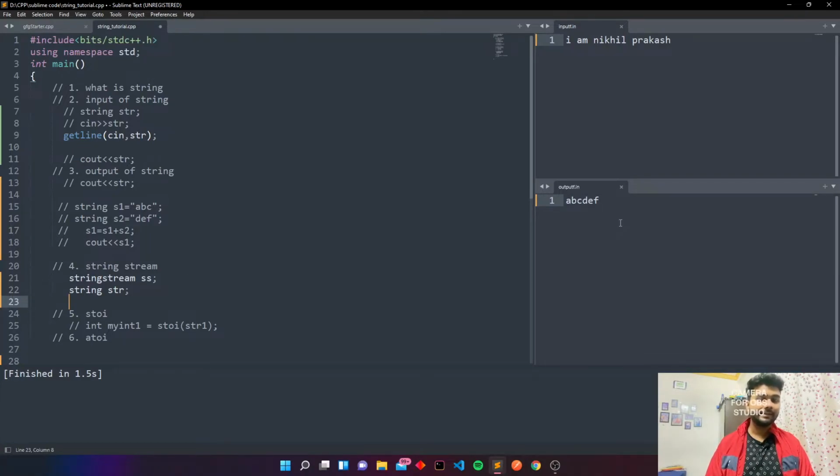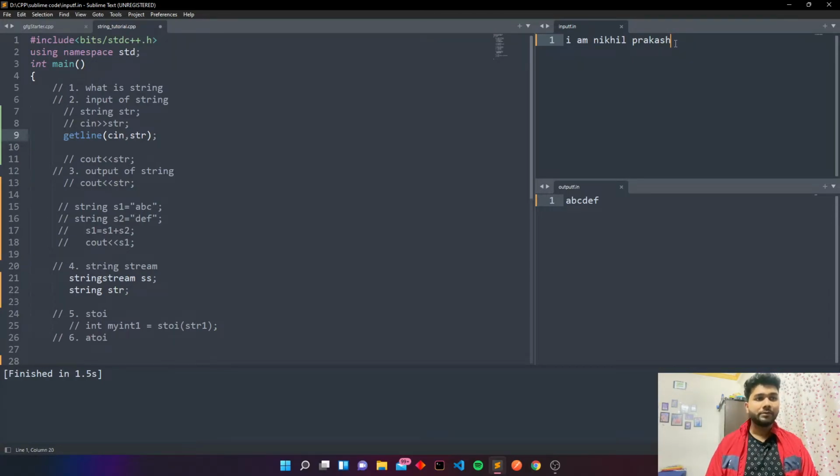So let's say we have the input like this using spaces, and now the question is asking you to count the words in your passage. So here the string is a passage, let's say, and you have to count the words, or you have to count the frequency of the words used. Like here the frequency of all the words is 1.